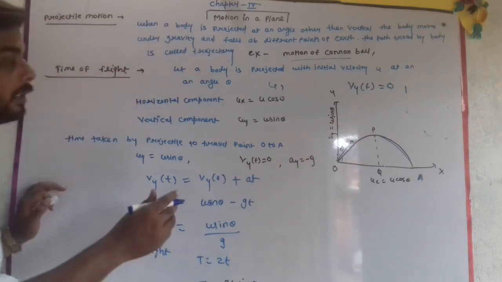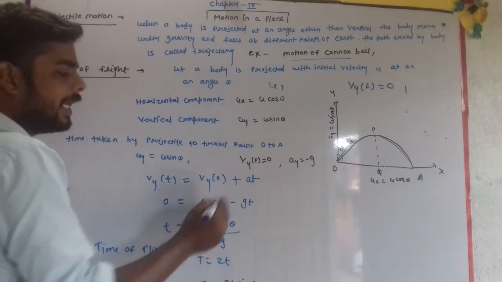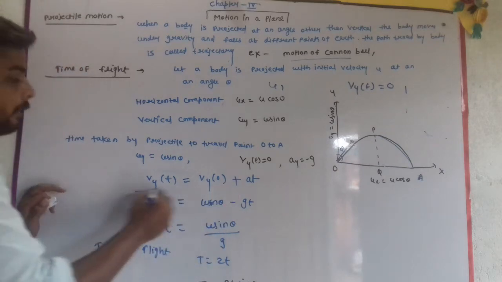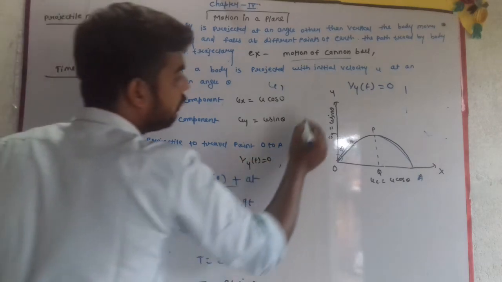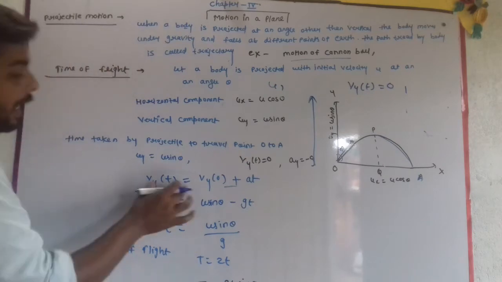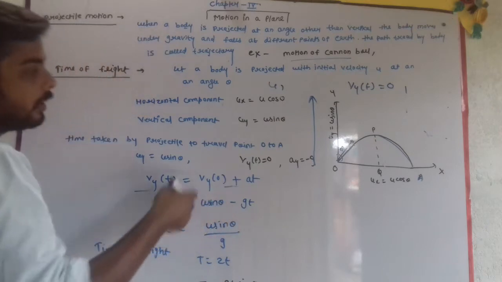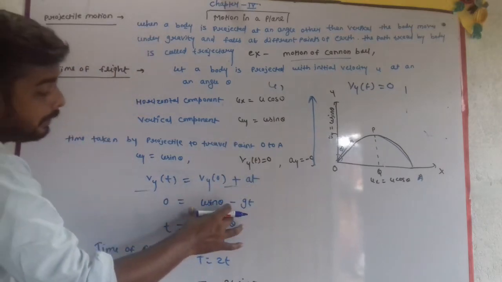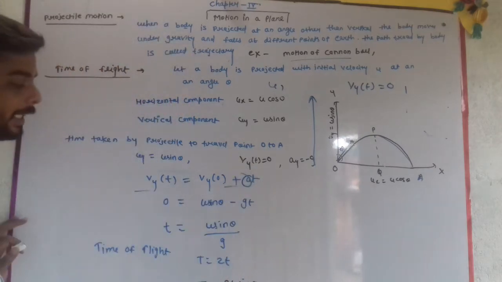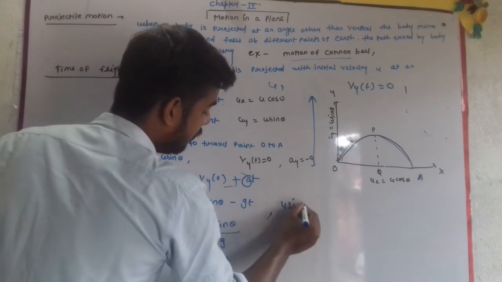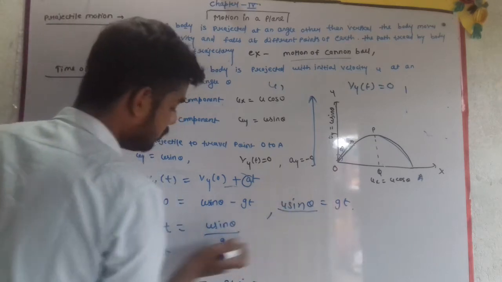So if we talk about this condition, vy equal to u plus at. We know this equation of motion, and we will apply it in the y direction. So vy equal to uy plus ay t. Here uy is u sin theta and a is minus g. So 0 equal to u sin theta minus gt, so u sin theta equal to gt. So t equal to u sin theta upon g.